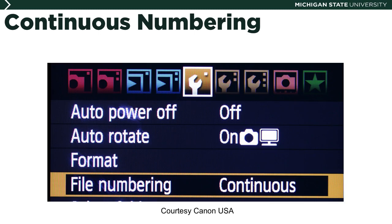Another aspect you'll want to address is continuous numbering. Now, we're getting into the aspect here where you'd say, well, what does this have to do with time? It doesn't have so much to do with time in the camera, it has to do with your time as a human being. If you don't have your camera set on continuous file numbering, every time you take your memory